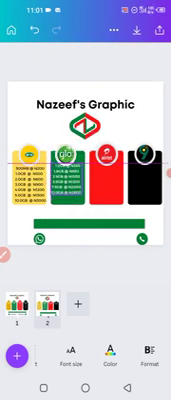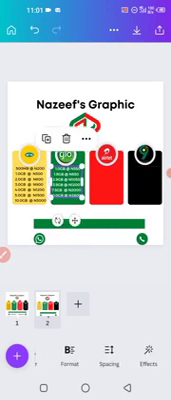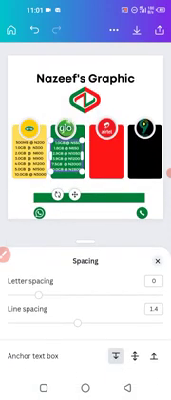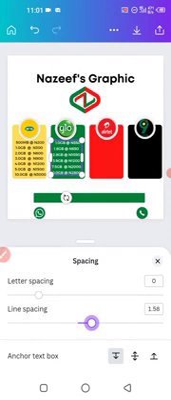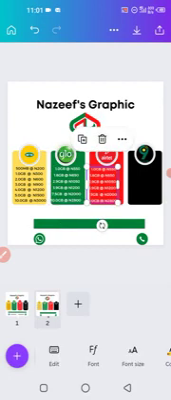Okay, you can make use of your. So what we'll do next now is we'll come to this spacing here. Okay, then you are going to include this line spacing. Okay, until they are aligned very well like this. Perfect. So what we'll do next now is you copy the same text,